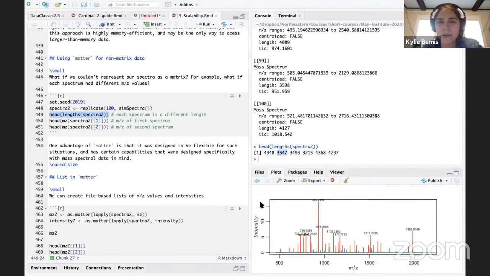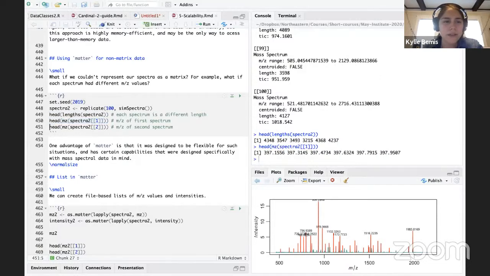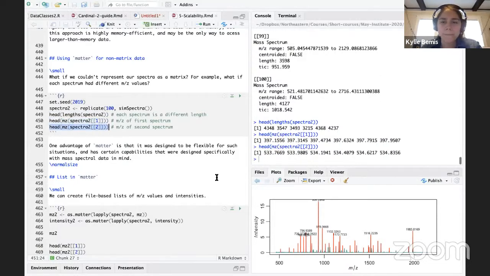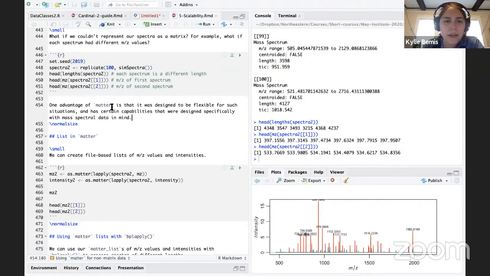The second one has 3,500 data points. So each of these mass spectra has a different length. And if I look at the actual MZ values here, I can see that they have very different MZ values associated with them. So one thing that Matter allows is it lets us do this on-the-fly binning so that we can map mass spectra that have different MZ arrays to a common